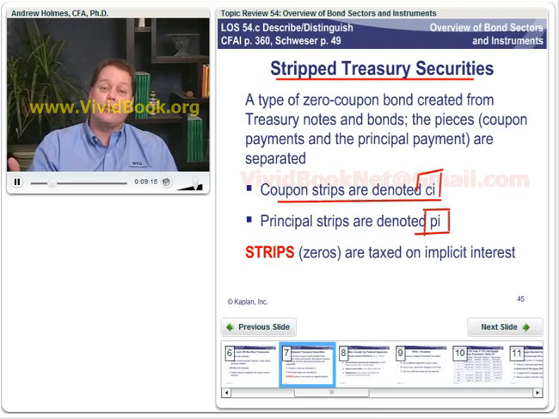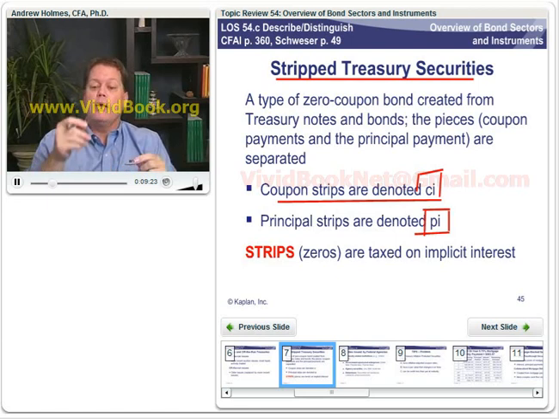Now the United States Treasury does not issue zero coupon bonds, okay, but they do facilitate this process. So you can get a smart investment banker somewhere that'll strip off all the coupons and sell these zero coupon bonds. You can then register it with the Treasury, and the Treasury will facilitate all the payments and those types of things in the future. So we have these strips that are out there. They represent zero coupon Treasury securities. They weren't that way at issue, but they're converted into that. Okay, they're actually taxed on the implicit interest.